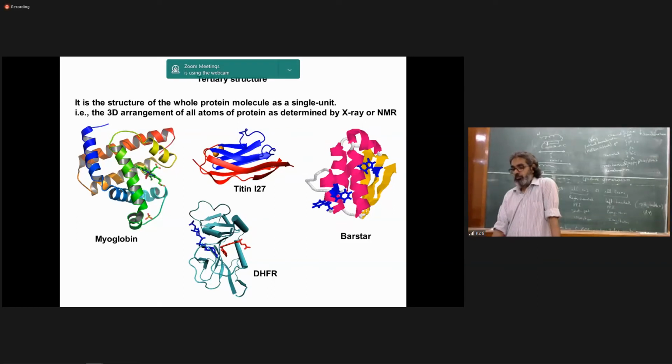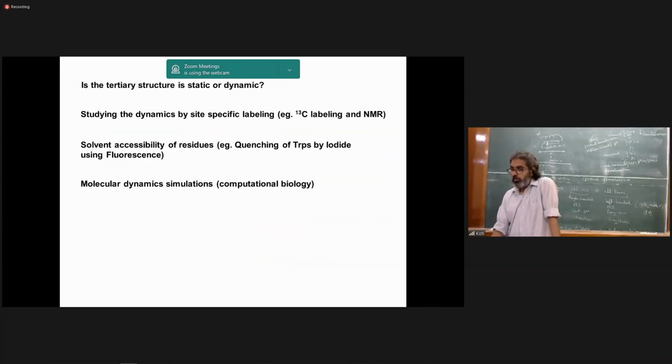For example, if you put a tryptophan at the core of the protein, you have the native information from the native state, but any changes in the tertiary structure that change the environment of tryptophan will give rise to a different signal in circular dichroism. So circular dichroism is one of the ways which I use a lot in my lab, to get tertiary structural changes, if you have a fluorescent probe. Okay, so a couple of questions.